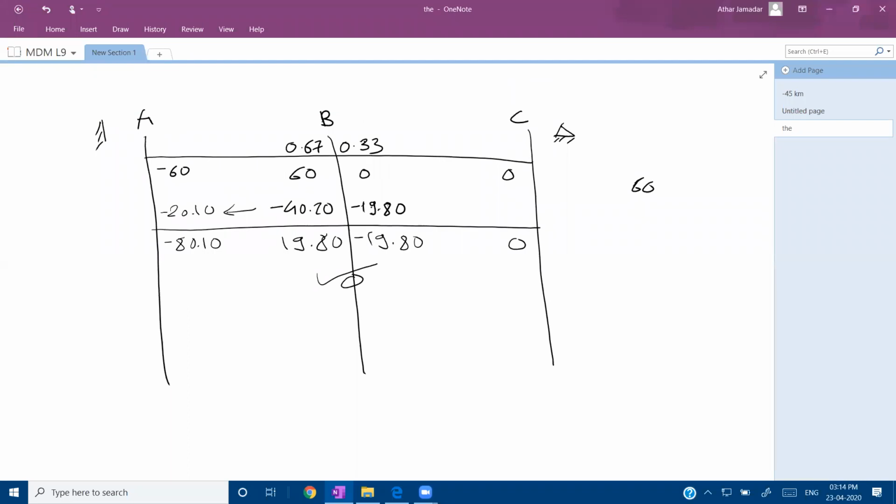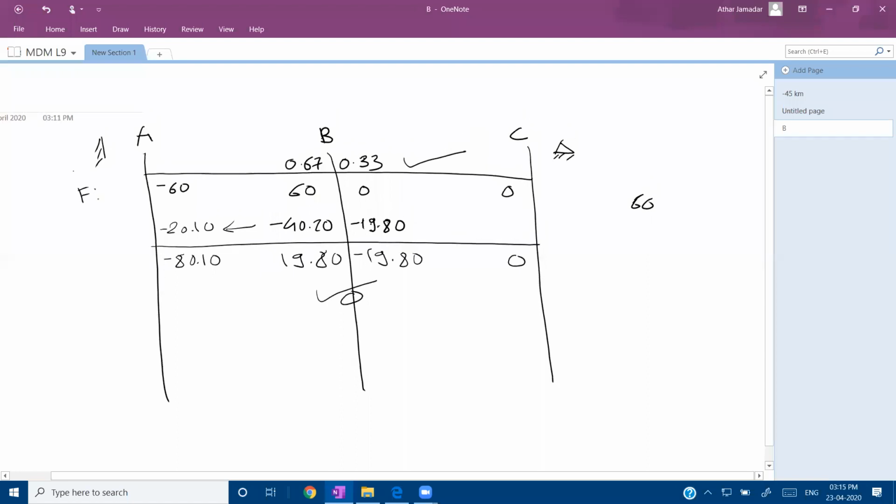Okay, so once again I will explain this MDM table. So first of all, what we have done, we have just written down all the supports. Now after that we have written down distribution factors in this step. Next, we have written down these, which are nothing but your FEMs. Now the first step in our moment distribution table is always to apply end correction. Whenever there is an end simple support, or end hinge, or end roller support, at that time we have to apply end correction.